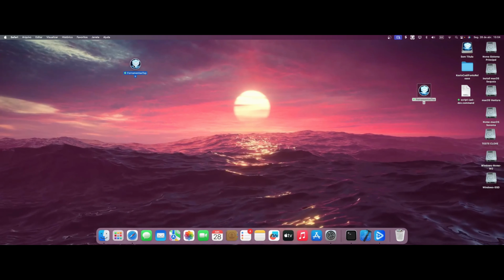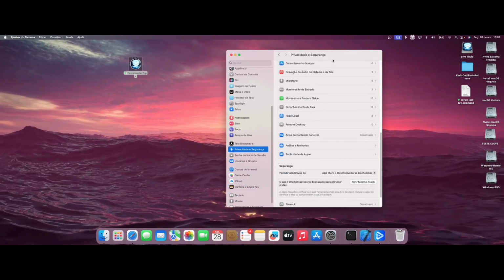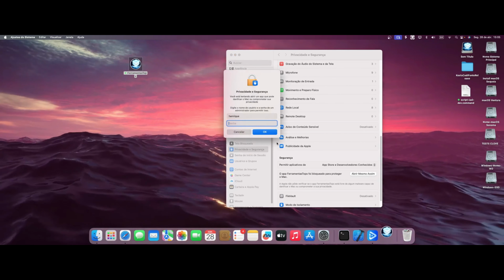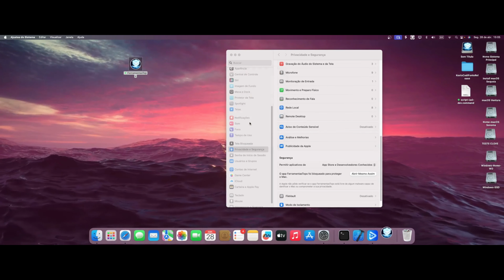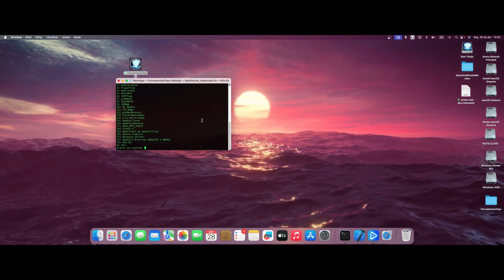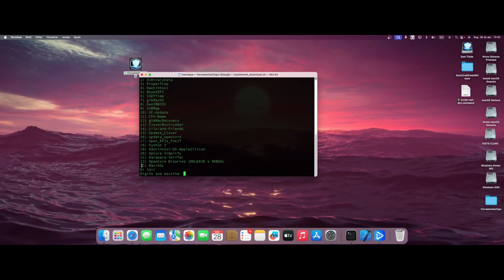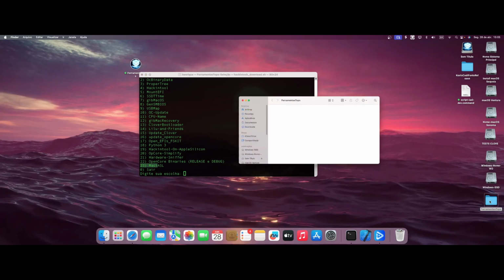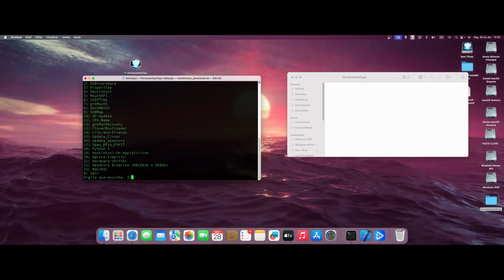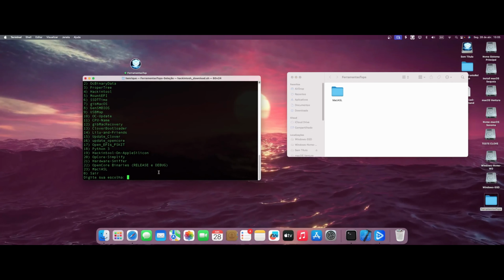Then I will put it here. Can I close it? I minimize. This guy, give 2 clicks here. And if it doesn't open, you can come here in system settings, privacy and security, open anyway, and enter your password. It will open here. Let me just increase it to make it better so we can visualize it. It's here, in position 23.